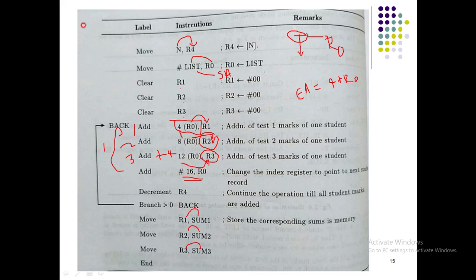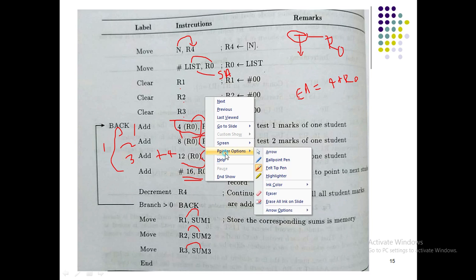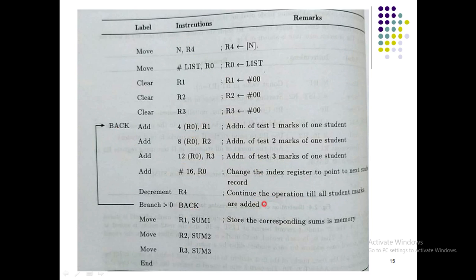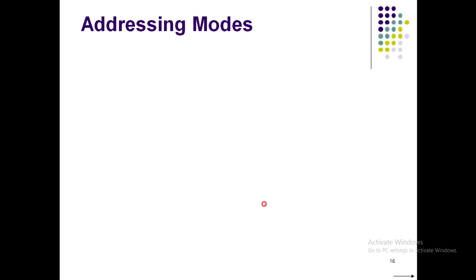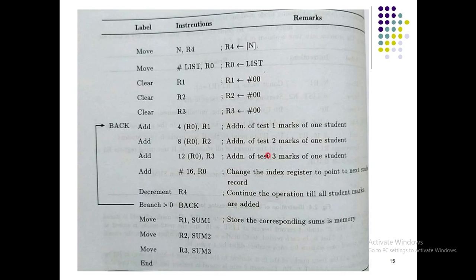Very simple program, friends. Please try to go through this once again. If you have any problems, any doubts, you can ask me. No issues in that. Okay. So this is one thing, friends. The next thing we need to look upon is your relative addressing mode, which I'll be looking in the next class.